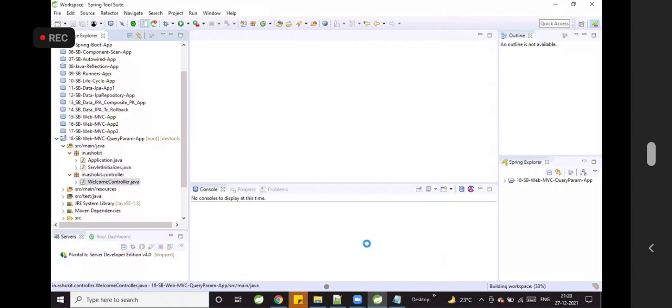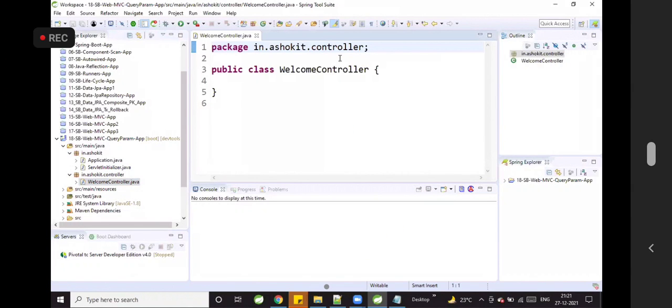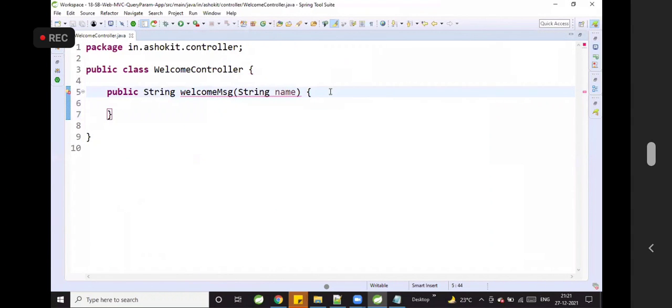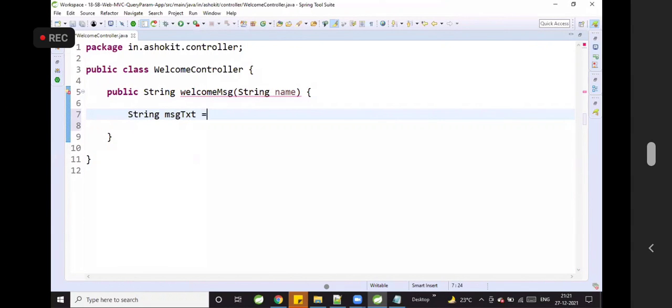Now I'm going to write one method inside this: public String welcomeMessage, and I need String name. Now String messageText is equal to name plus "welcome to Spring Web MVC."